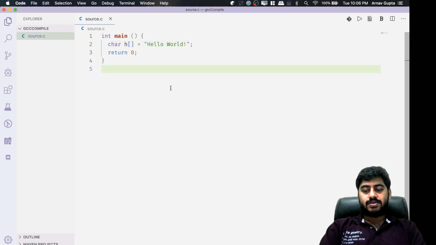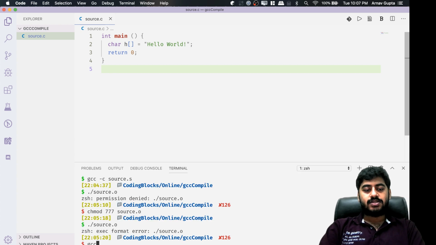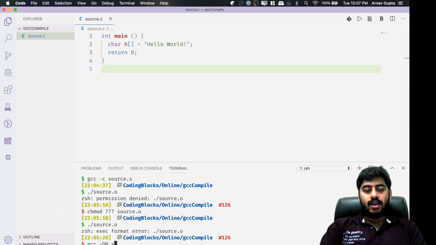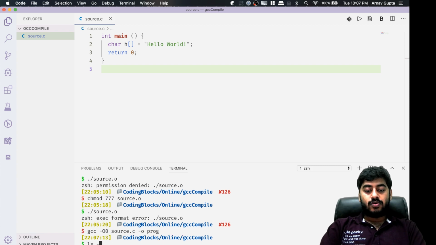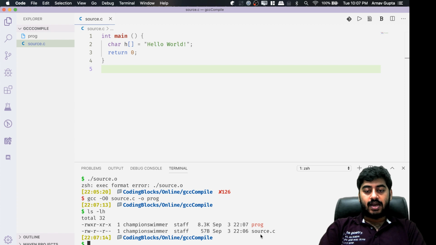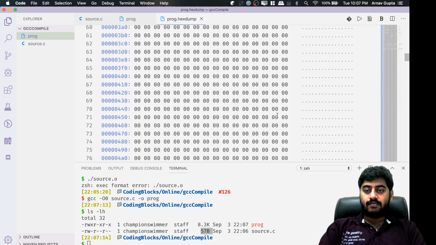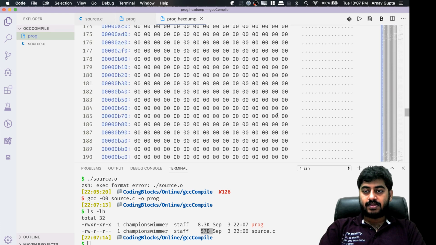So what happens is if I write GCC and I write capital O0, which means don't make any optimizations, and I write source.c and I output it to program. Okay, so I'll get to know that the size of my program is 8.3 KB, and my source code file is 57 bytes. And in this prog file, if I see the hex dump, somewhere in this file there's gonna be this